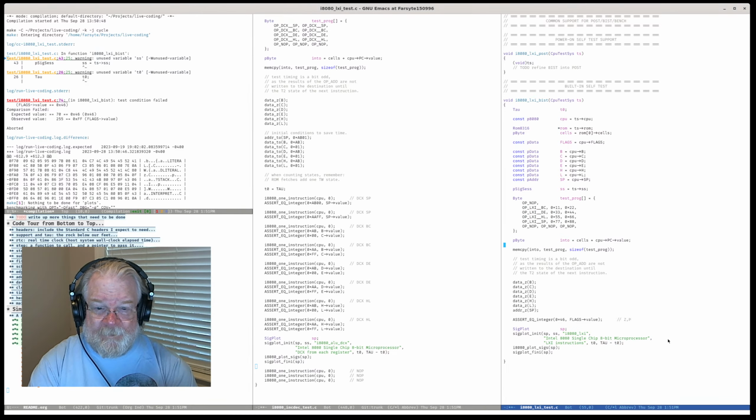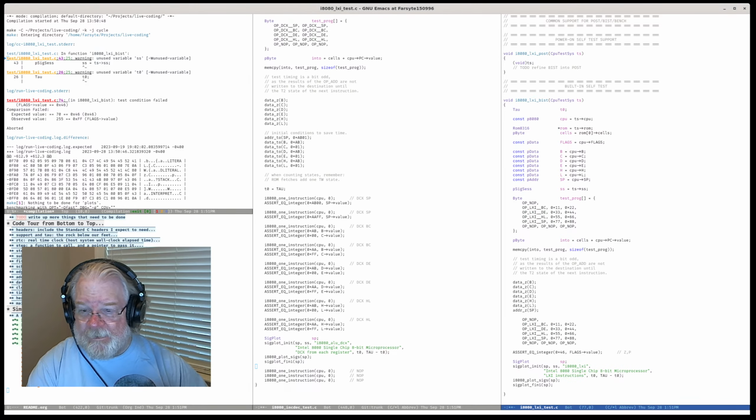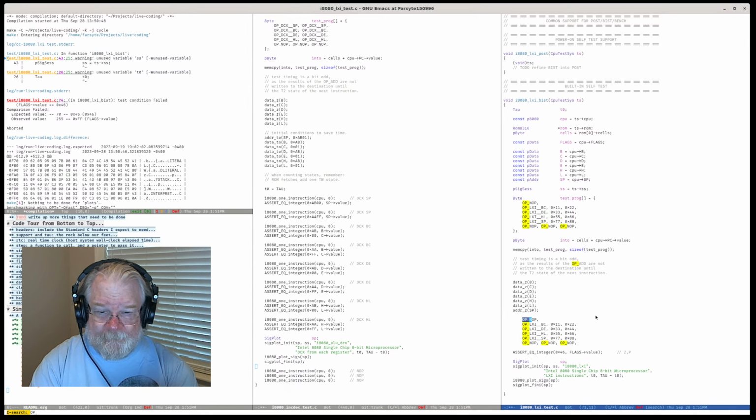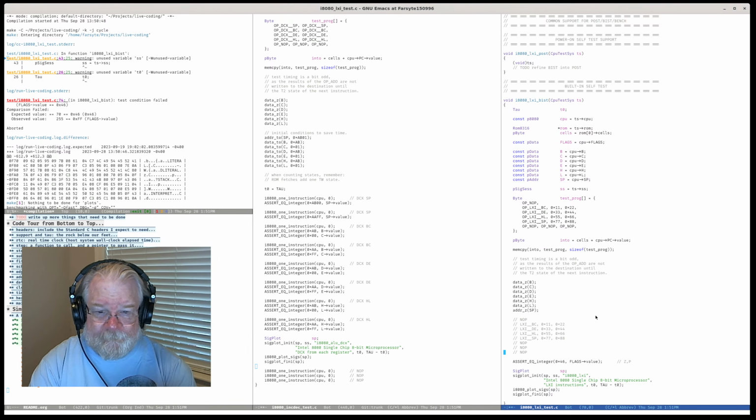Now, I'm going to set up a whole bunch of these one instruction thingies, which are, as a comment, going to have what the instruction is. And 3 dots.